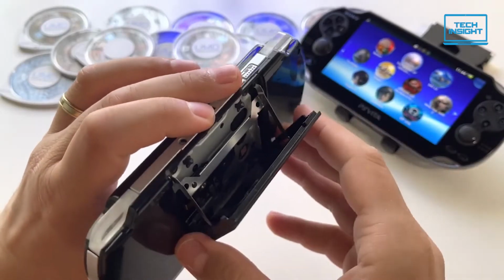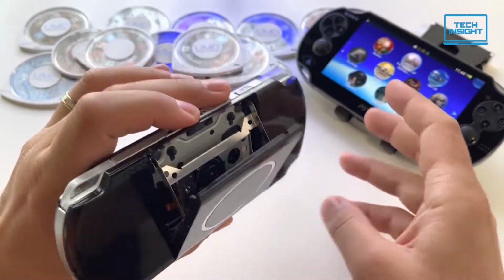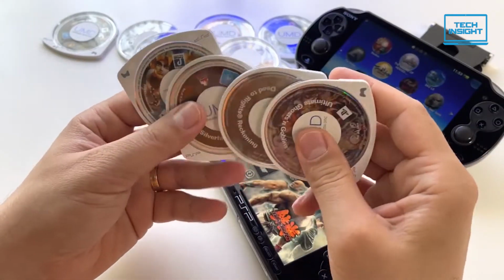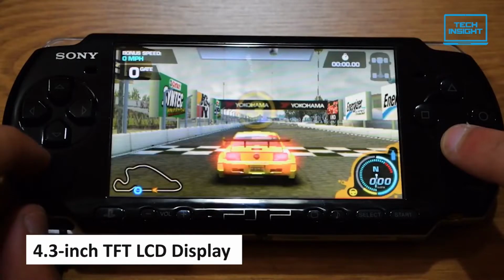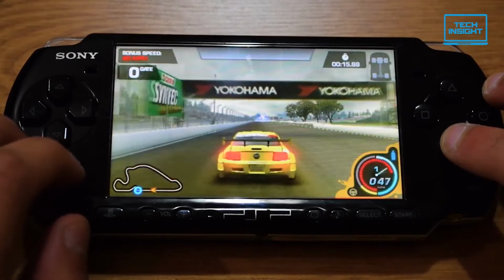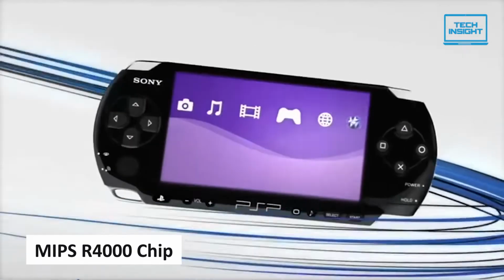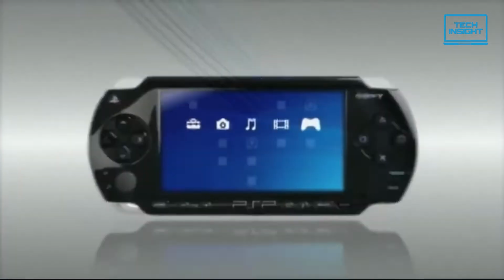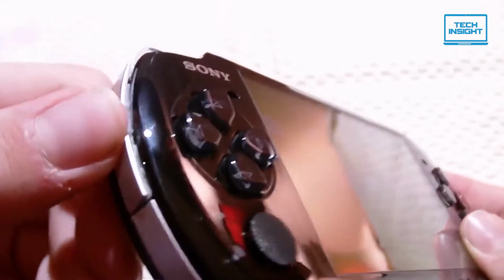This console comes with a built-in UMD drive, so you will have to separately buy your favorite games on UMD CD. The good thing is that you can collect them easily from a nearby store. The console has a 4.3-inch TFT LCD display with an unconventional 30:70 widescreen ratio. It is powered by an MIPS R4000 chip in combination with 64MB RAM. It supports up to 16GB of external flash memory if you want to store some multimedia files and enjoy them